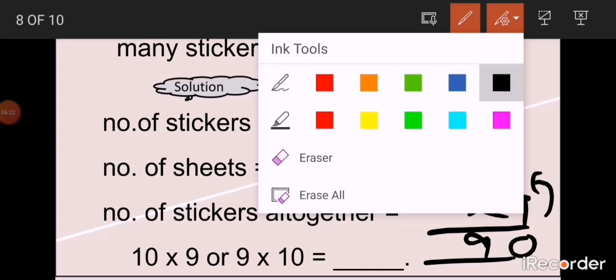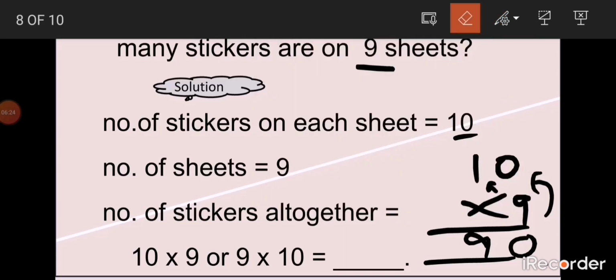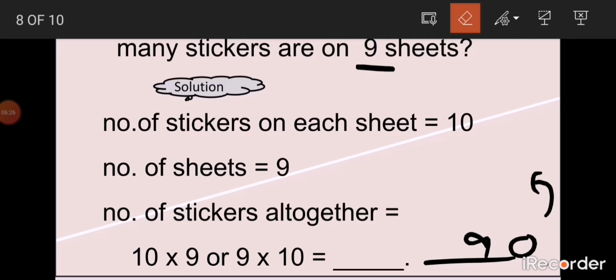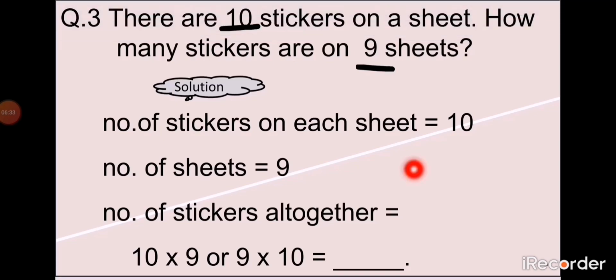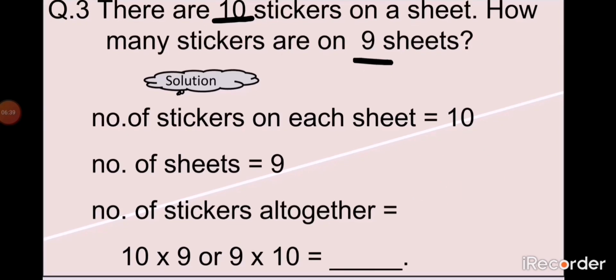9 1 time 9. So the answer is 90. We have checked this answer through many ways here. We can count in tens, we can read the 10 times table 9 times, we can read the 9 times table 10 times, or we can make a question and do it. Again, you can make some sheets and stickers here to make your work more colorful. Please do one question on one page.